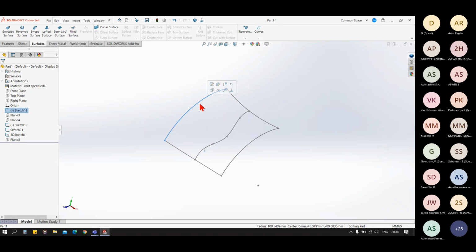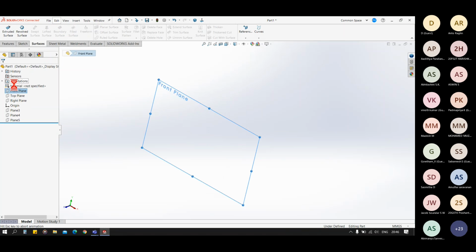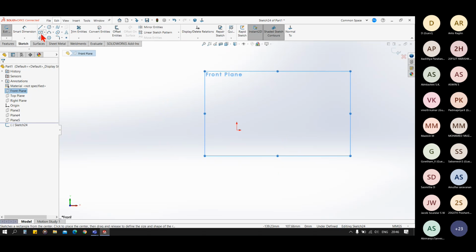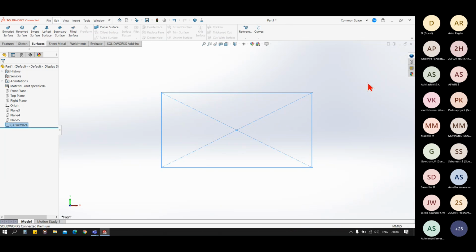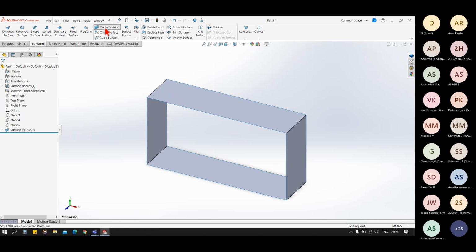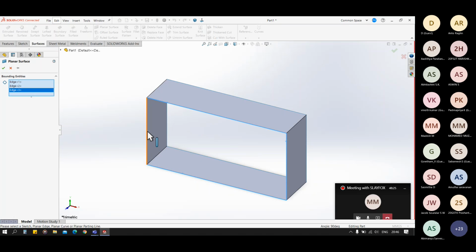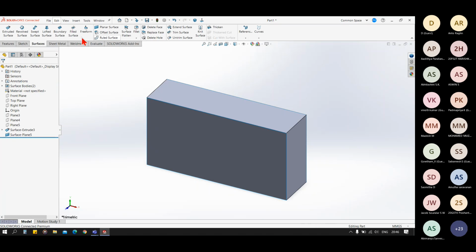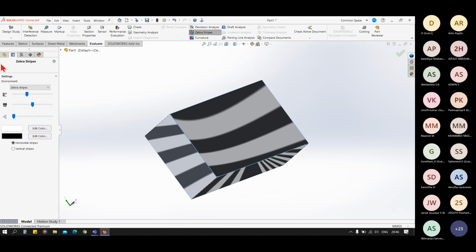Okay, so now let's see the zebra stripes on the perfectly plain surface. Go to evaluate, activate zebra stripes.